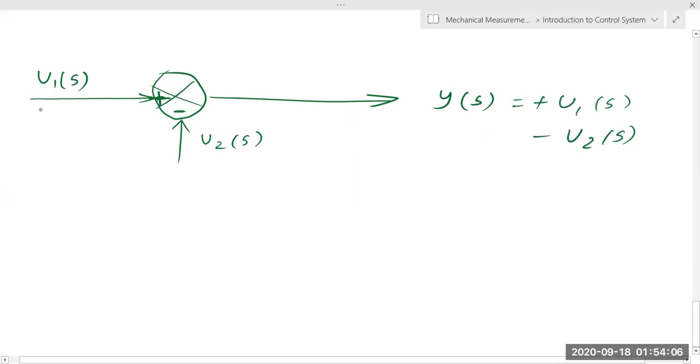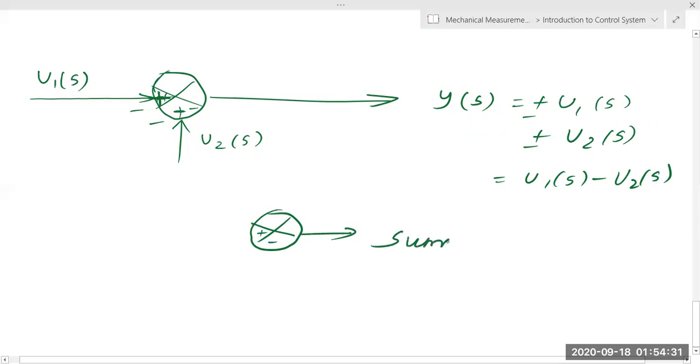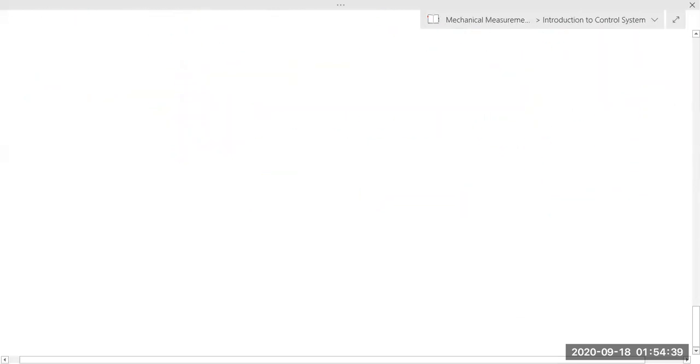This is this system. When both are plus, it will be plus. When both are minus, it will be minus. When one is plus and one is minus, it will be one plus, one minus. Similar. Simple. Now this symbol is called a summing point. This is our third component that I wanted to list, summing point. Now I'll explain the fourth component. Very easy. I have explained what you mean by block, what you mean by arrow. The third part is summing point.